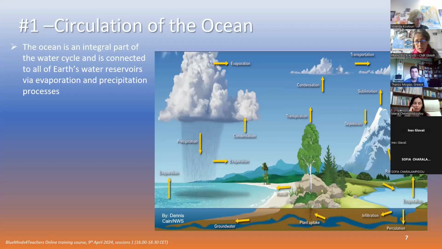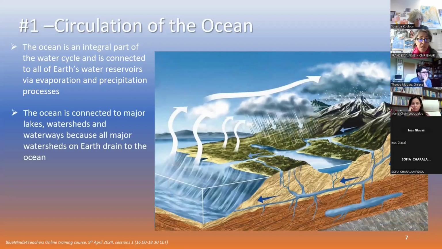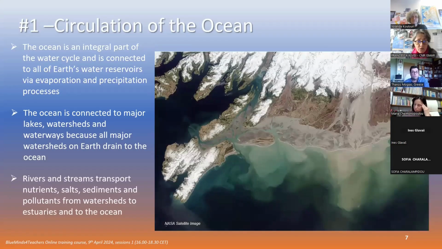The circulation is an integral part of the water cycle and is connected to all of the Earth's water reservoirs via evaporation and precipitation. So the ocean is part of the system, but I would say the most important part. It is connected to all the freshwater systems, on the surface and underground water. And since it is connected, it transports water and material and salts and nutrients and also pollutants from the